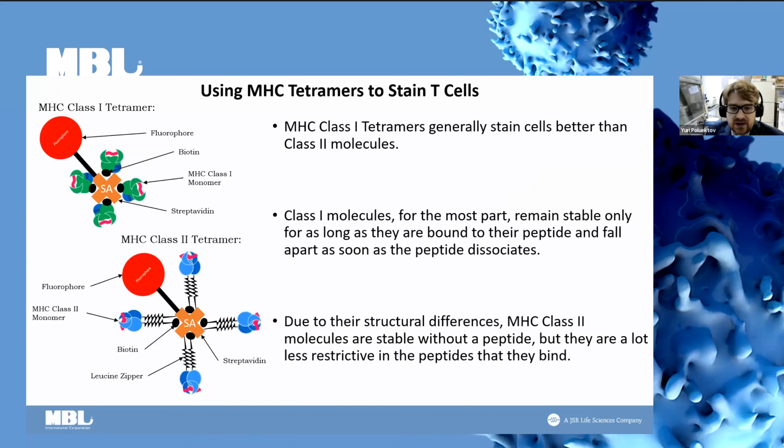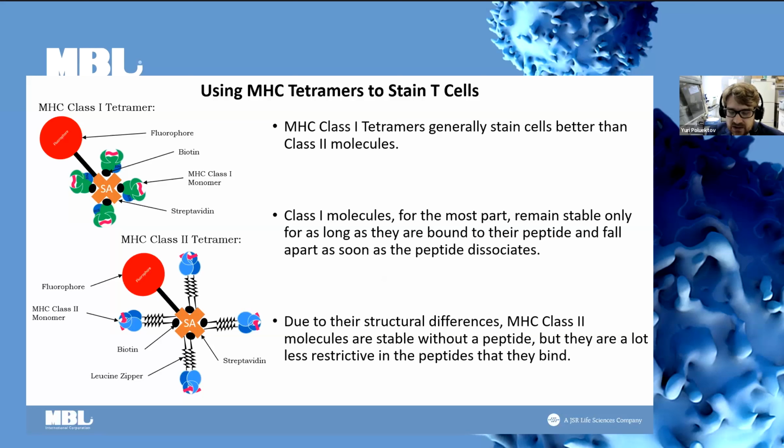There we go. Okay. Tetramers are currently the most common method for identifying individual T cells. Unfortunately, the interaction between a T cell receptor and a peptide MHC molecule is relatively weak and only lasts for a few seconds. This interaction can be improved by coupling a number of MHC molecules together so that when one peptide MHC molecule dissociates from the T cell receptor, another one takes its place and the binding lasts a little